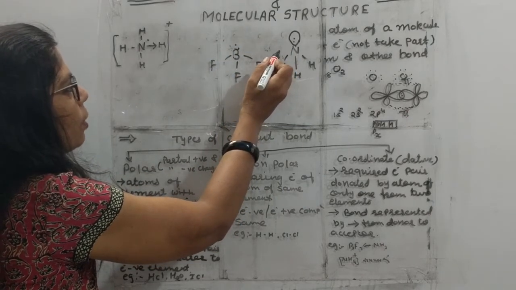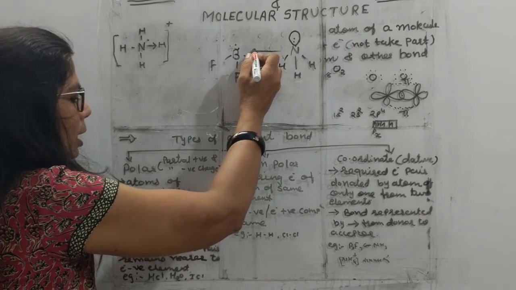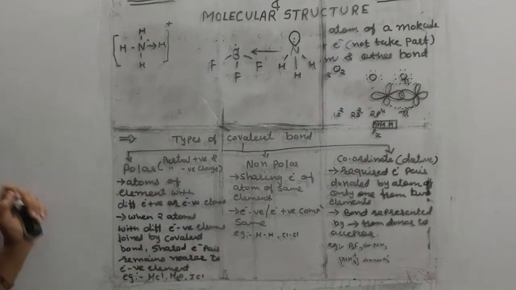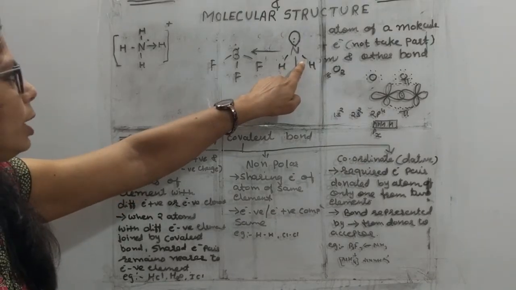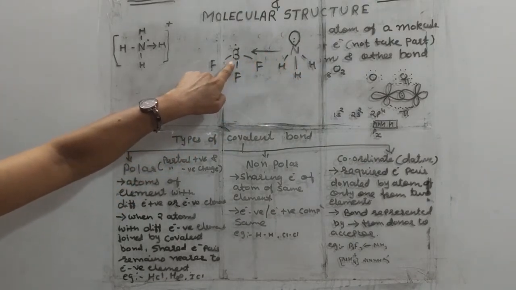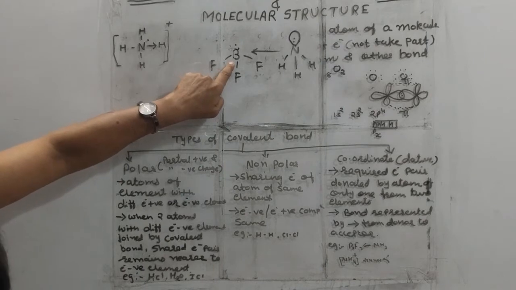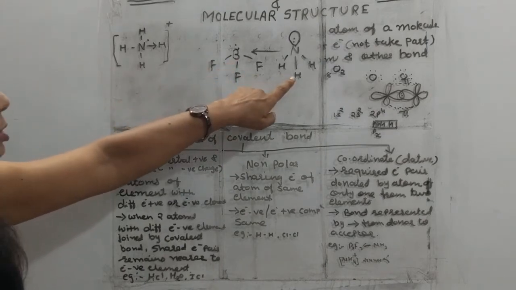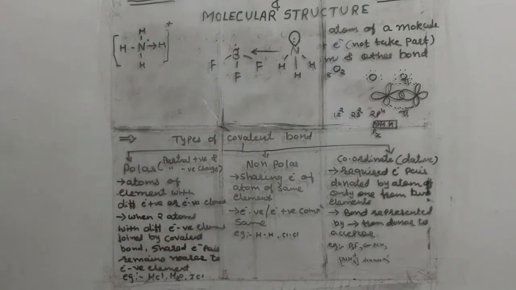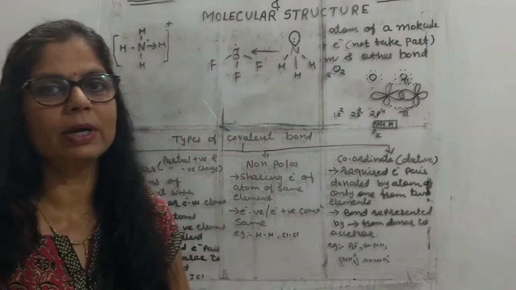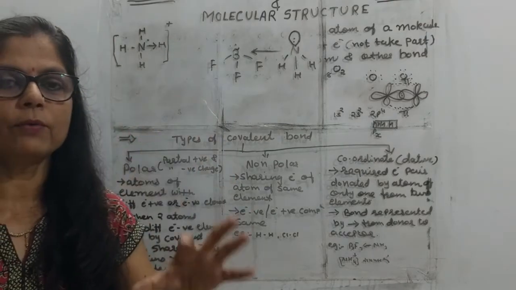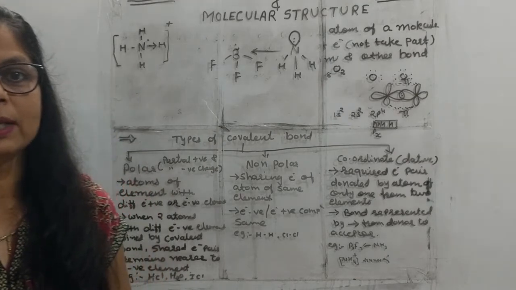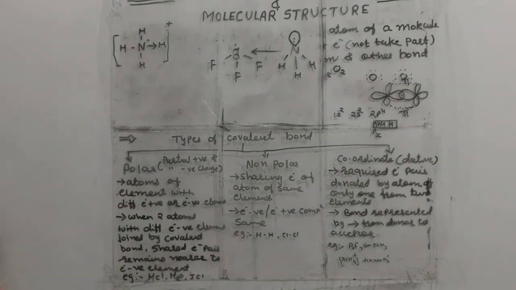So here the bond formation is shown in such a manner, from nitrogen towards BF3. Why? Because nitrogen is a donor and boron is an acceptor. So this is also a very good example. Now you understand what is known as the coordinate bond or dative bond. That's why the word dative is given. So now our topic is dipole moment.